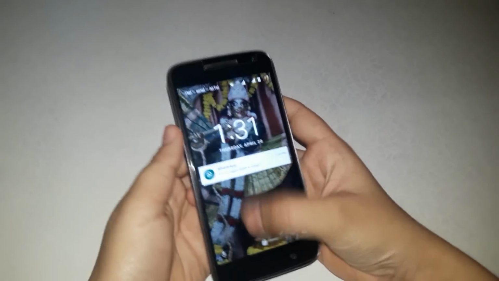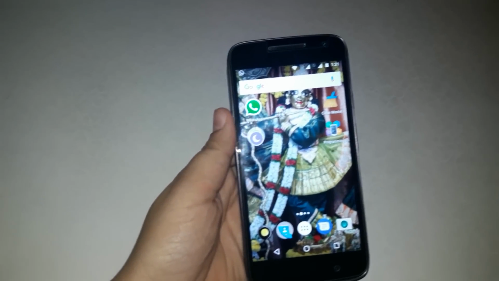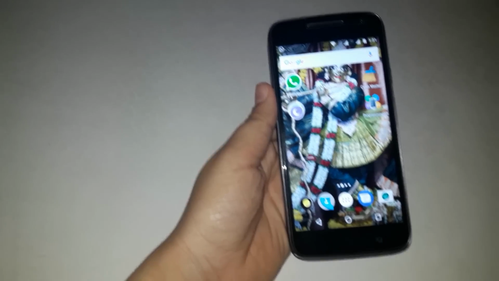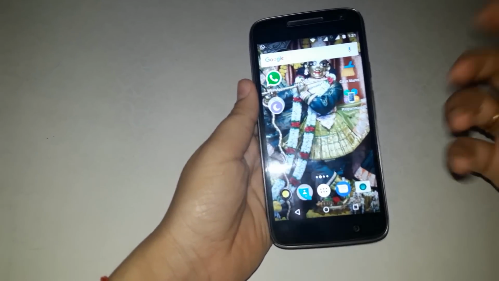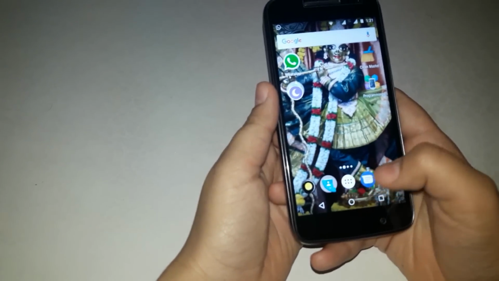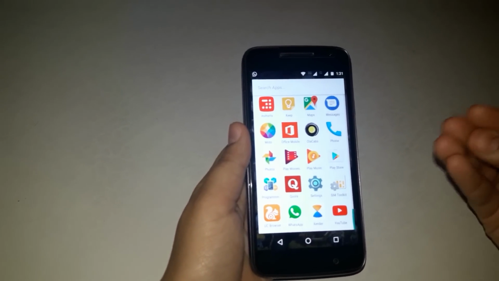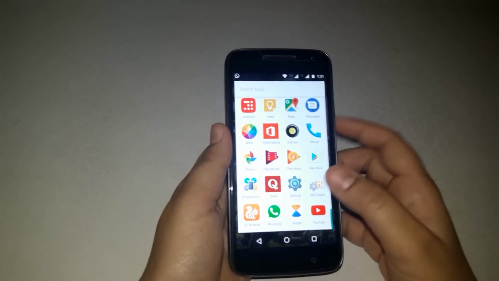Now the fifth feature is the display one. You might have found in your day-to-day life that whenever you are working with your phone, if you see from the side, you might see a black screen coming over there, or from the top also. Sometimes this is the fault of the display.